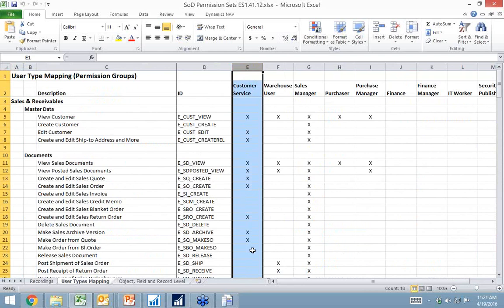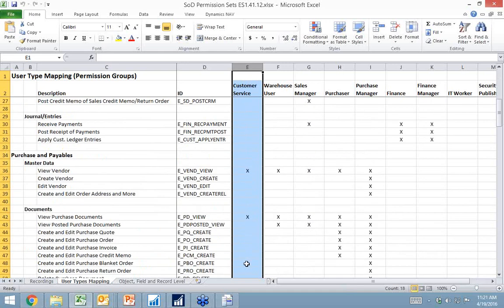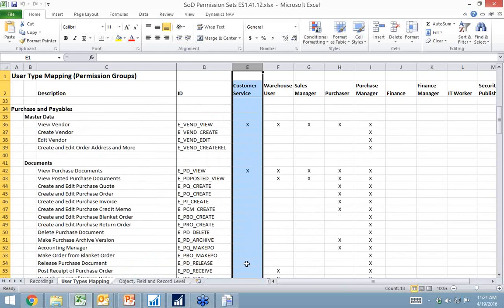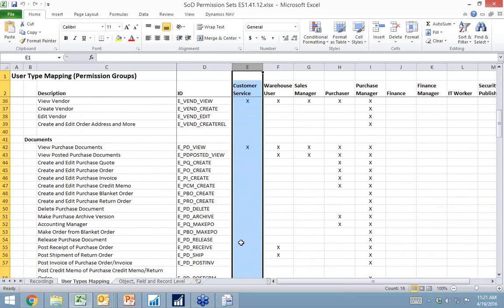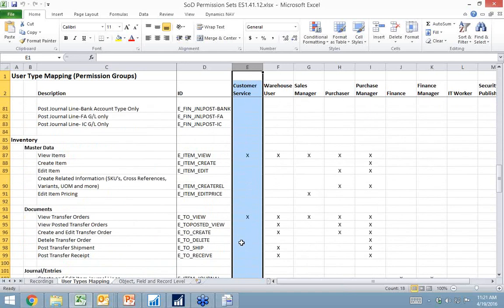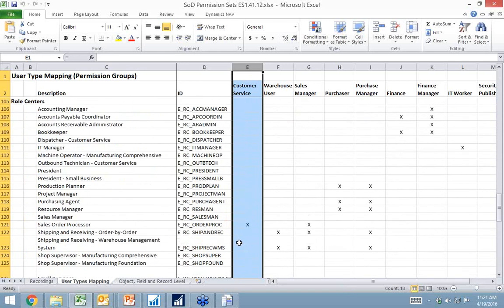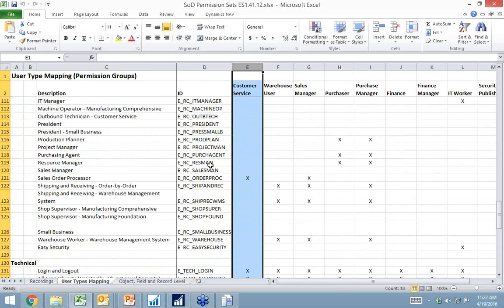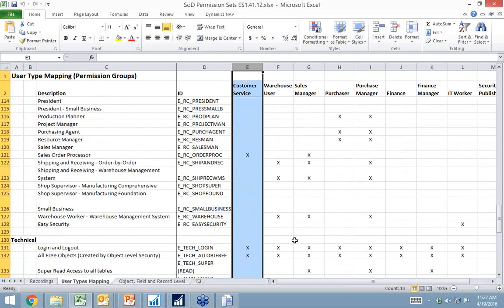So as they make this decision and you want to implement it in your security, what is in this column is simply a group in our system. So you take all these permission sets, add them into a group, and then you're done with it. We also have created permission sets for the role centers. These permission sets don't allow you to really perform any task, but they allow you to click on all the menu items in your role center and see the data out there.